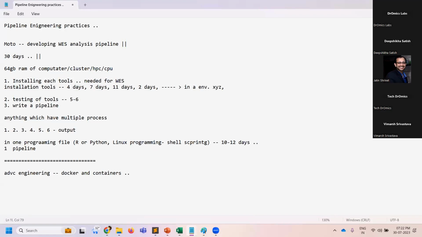You created a virtual environment using Python or R programming or shell, whatever it is, and the name of the virtual environment is XYZ. In that XYZ, you installed all the tools and you saved it.